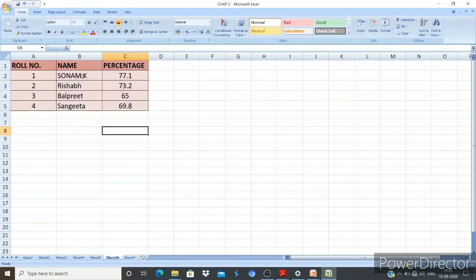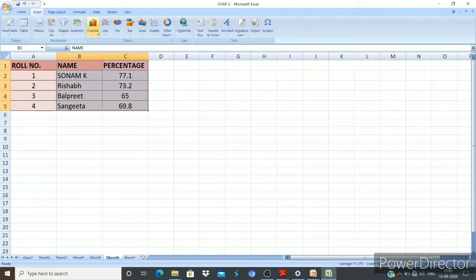Okay, so how you can select? You just click on that particular cell. Then don't release click button. Okay, without releasing click button, just drag the mouse here and select both sections. Okay, now you can release your click button. Then click on the insert tab, and here you can see the different types of charts. Okay, so whatever chart you want to insert, you just need to click on that particular chart. So here we first insert a column chart.